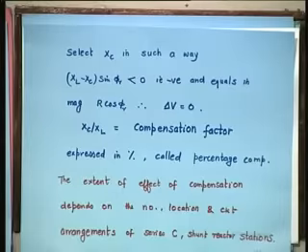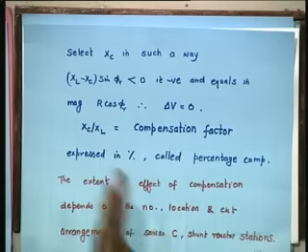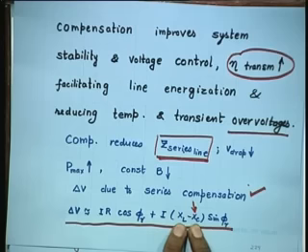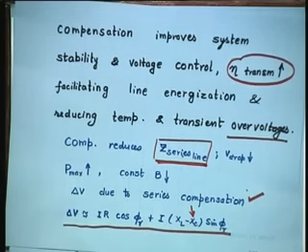Select XC in such a way that this is negative. XL minus XC sin phi r is negative, and it should not stop here, and equals in magnitude r cosine phi r. Let us bring back that equation on the screen once again. Now, if this quantity is negative, how much negative you want so that it equals this, then what happens? 0. That is your ideal condition, provided you are willing to spend that much money to make it negative and equal to this quantity. If you can do that, fair enough, you get constant voltage profile. So, delta V will be 0,